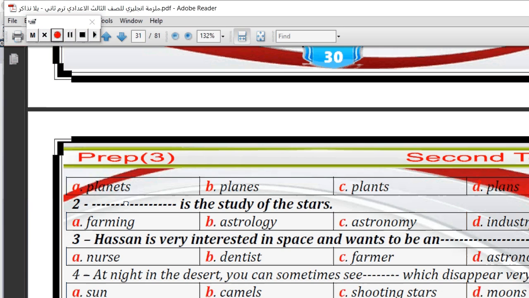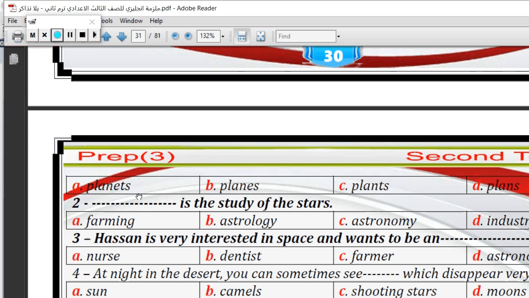Number 3, Hassan is very interested in space and he wanted to be an nurse, dentist, farmer, or astronomer. Of course, the person who is interested in space is an astronomer.